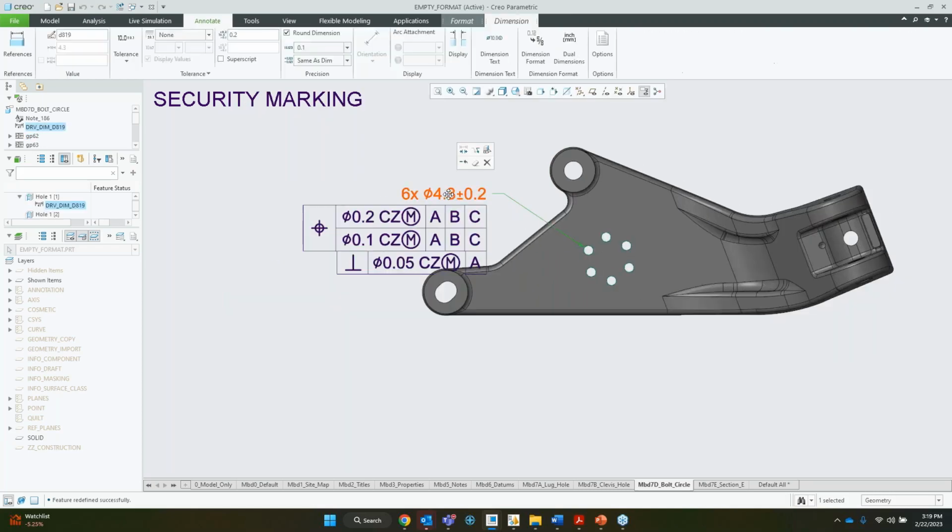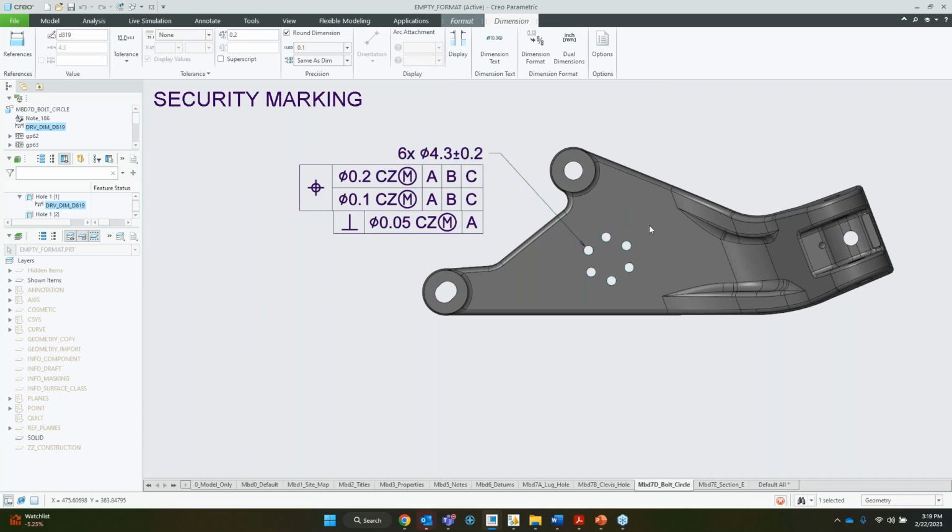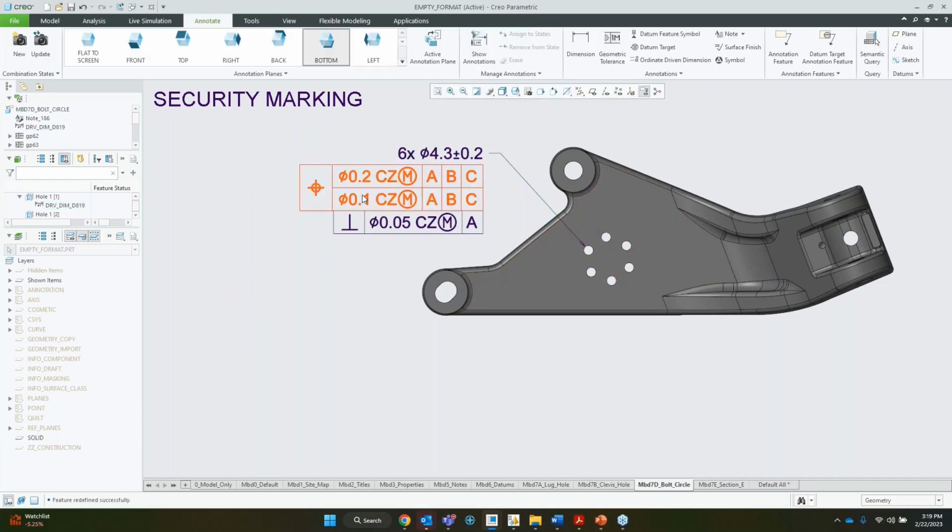This is a bit more precise for me. I'm telling that this bold circle can move with respect to point 2, but each hole inside this bold circle can have a variation of point 1. So I can have that as well. So this way I can go ahead and add information, and once I've done with the information, I just go